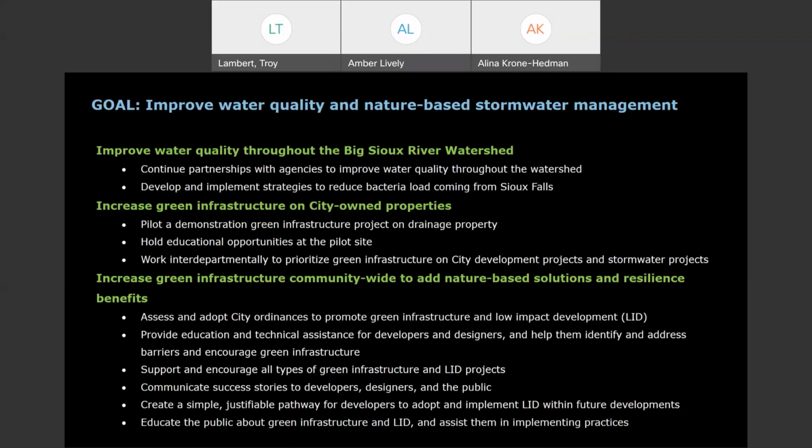I do want to say here that our plan is created and sort of housed with the city, but it is a community plan. And so not all of these tactics will be owned by the city. So thinking about this last one, to educate the public and assist in implementing green infrastructure practices, there are many entities who would help with this. So we have our conservation district who is doing work on this, who could possibly provide technical resources and assistance for homeowners to put in rain gardens on their property, for example. So it's the city doing work, and it's also our community members, residents, and more.